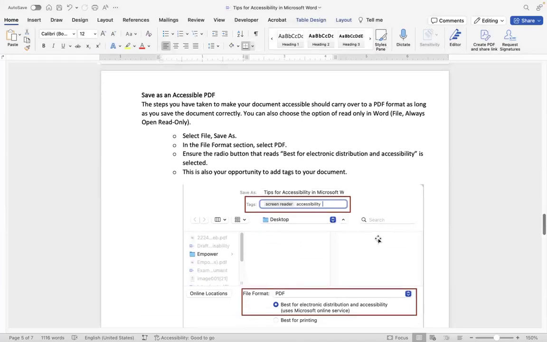Saving an accessible PDF. The steps you have taken so far to make this document accessible should carry over to a PDF format as long as you save the document correctly. You can also choose the option of read only in Word, through File and then Always Open Read Only.